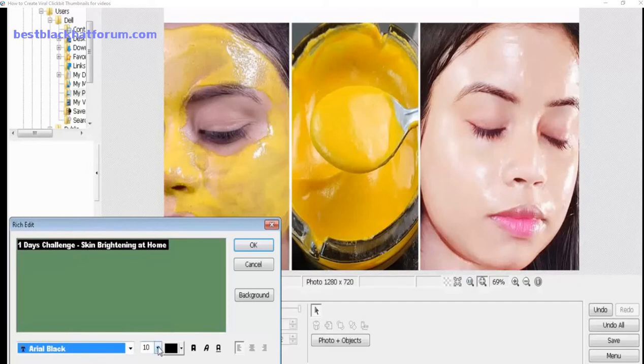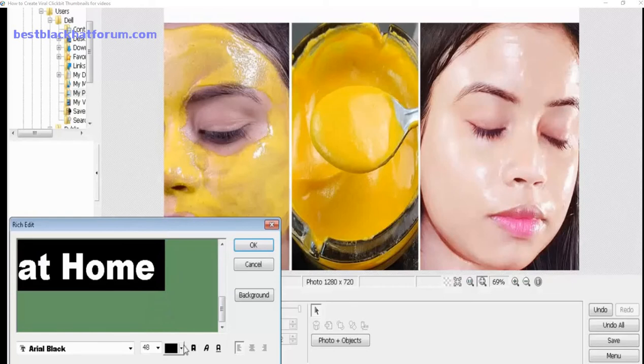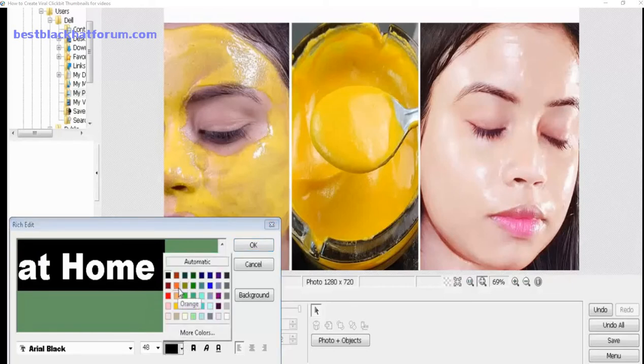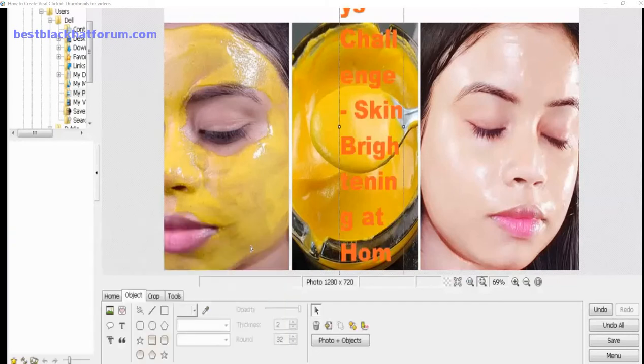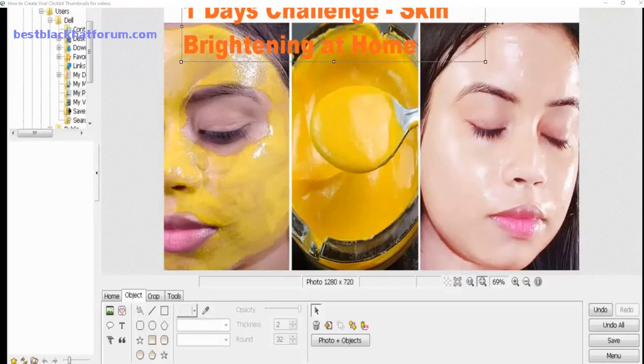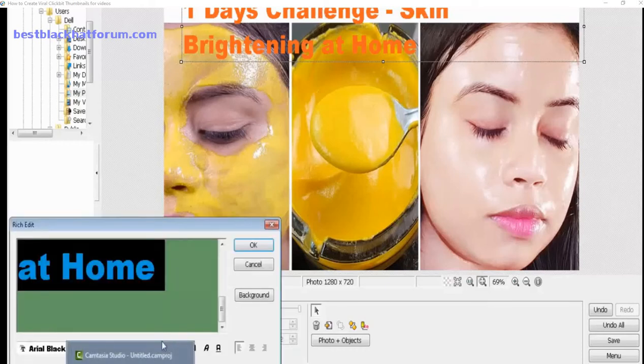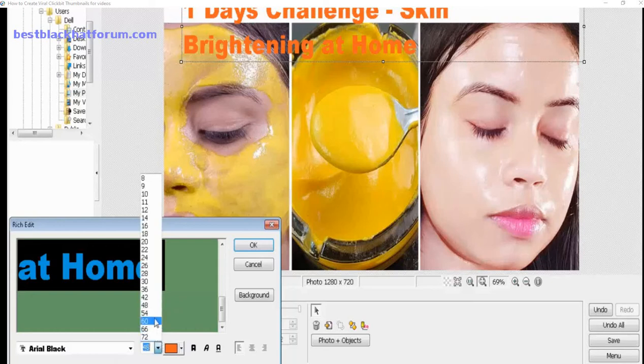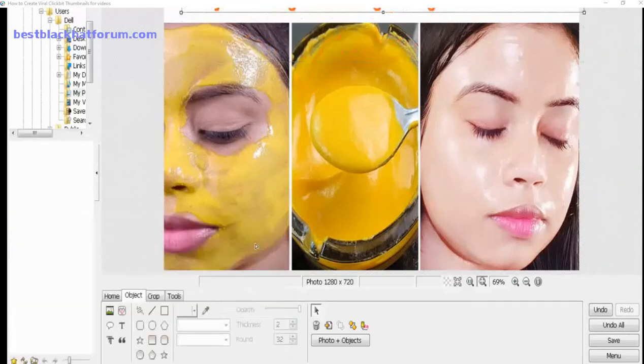It's a good font, I think, and I need size 48 for example, and I need color red. Red is better. So maybe I will check here. It's very big, so double click on the thumbnail and resize. It's 48. Now you need 30 and OK.